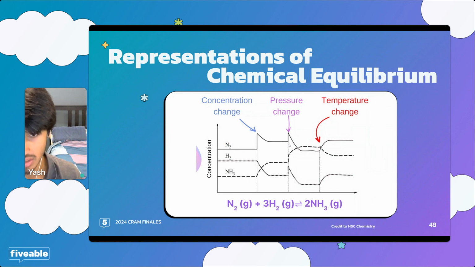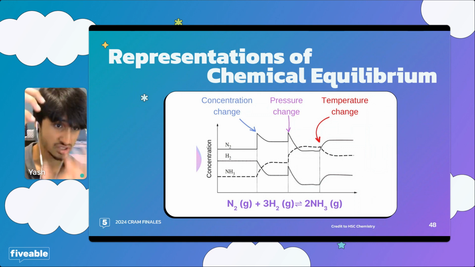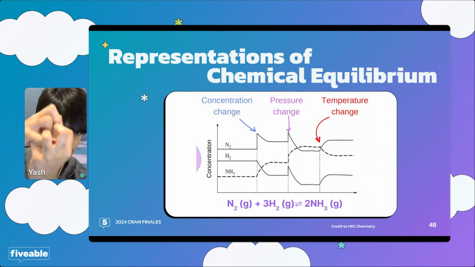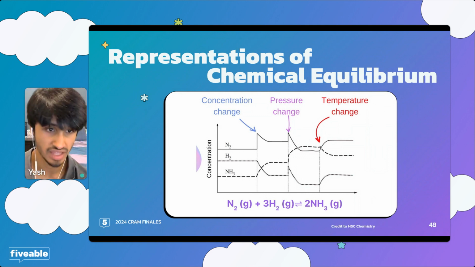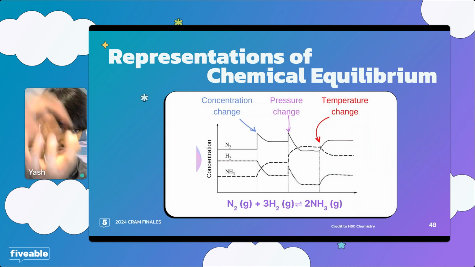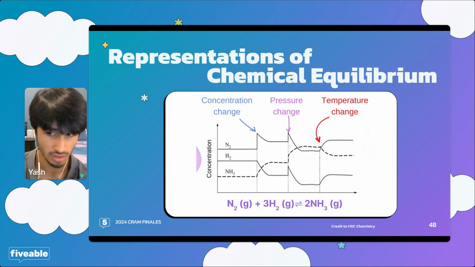Now, here's another example. We change the pressure. Say we shrink the volume, therefore increasing the pressure of everything in the system, right? And now when we increase the pressure, we are constricting the system. That means that our reaction is going to shift to the side with fewer moles of gas, all right? That makes sense conceptually if you think about it. If you squeeze something, it's going to want to become smaller.